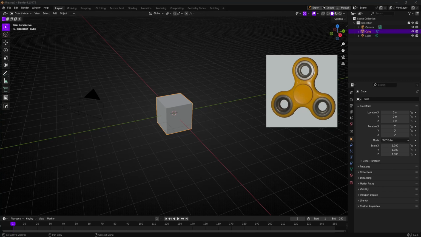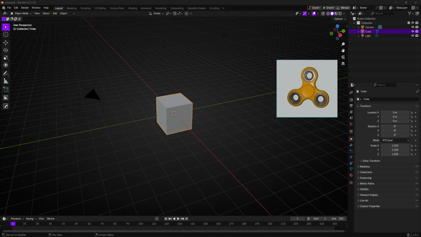In today's tutorial, as promised, I will show you how to create a cool fidget spinner. I have mine in front of me. I hope you can see it. Okay, cool. We'll be using Blender. Whether you are a beginner or just looking for a fun modeling project, this step-by-step guide will walk you through